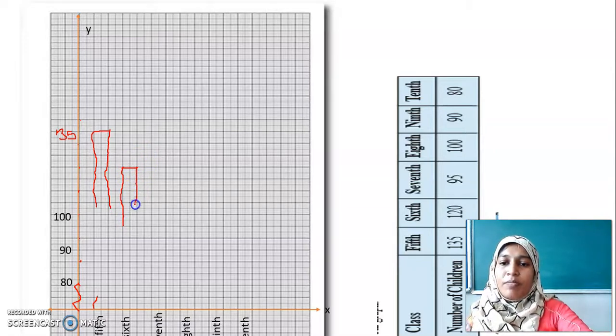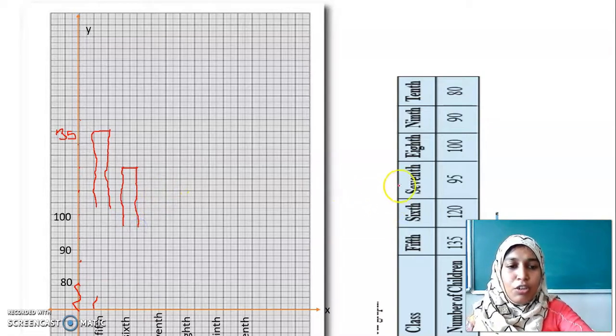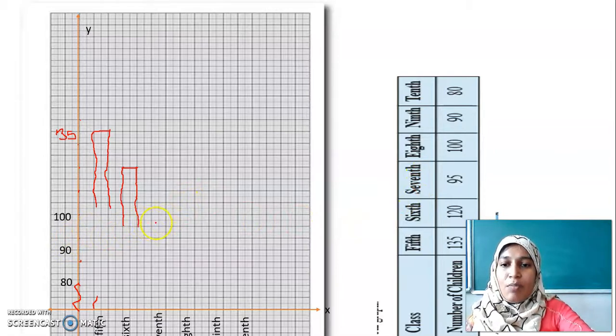Okay, my dear children. Similarly, you will do for class 7. For class 7, 95 is strength. Exactly mid of 90 and 100. Leave one bar after this 6th bar. This bar I am leaving it out. Then I have to draw this. Hope it is clear, my dear children. So you will complete the whole bars. How many bars you will have in this graph now? Very good. We will have 6 bars, because we have 6 classes here. Is it clear, my dear children?